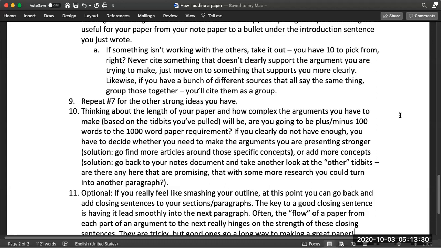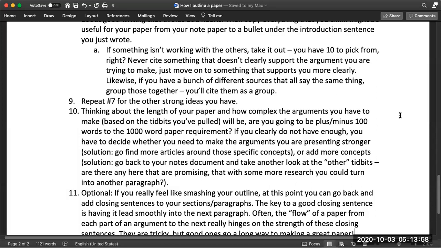So think about the 1,000 word paper requirement here. If you are looking at what you've done so far and you're like, there's no way I'm getting 1,000 words out of this, you have 2 options. You can go back and see if you need to strengthen some of the arguments that you're already making. So go back and find some more sources around the arguments that you're already making, or whether you have space